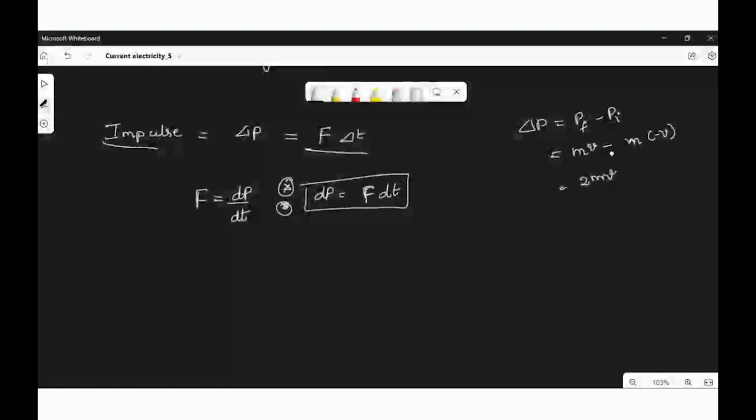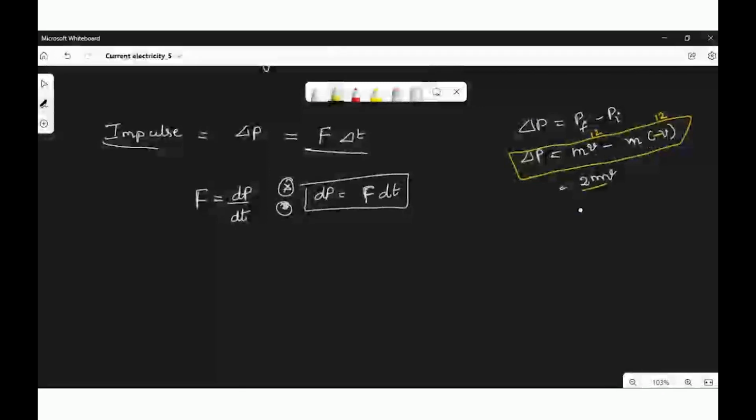See here. Hope you can see my writing screen, correct? Yes, ma'am. So MV, if you are substituting here, you have to put 12, here also you have to put 12. That's all. Already I have taken consideration for the direction and I'm putting minus there. Or else this minus was not there. It's like minus 12.